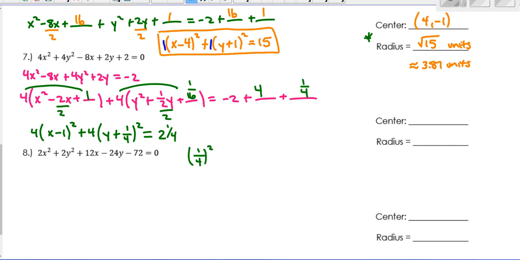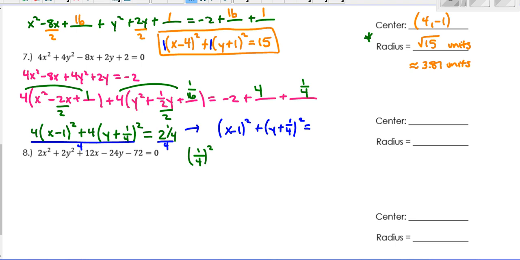They always have to be a 1. So since these are 4s, we actually need to divide this whole side by 4, which means we have to divide this side by 4. By dividing the left side by 4, we are left with x minus 1 squared plus y plus 1/4 squared equals,